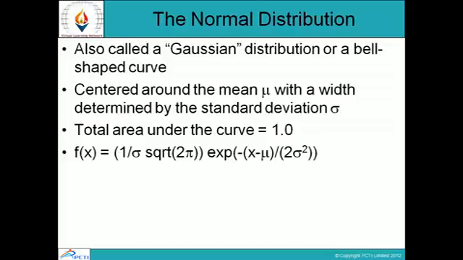So the normal distribution, also called Gaussian distribution or a bell-shaped curve, is centered around the mean mu with a spread determined by the standard deviation sigma. The total area under the curve equals 1. So f(x) equals 1 upon sigma square root of 2 pi,